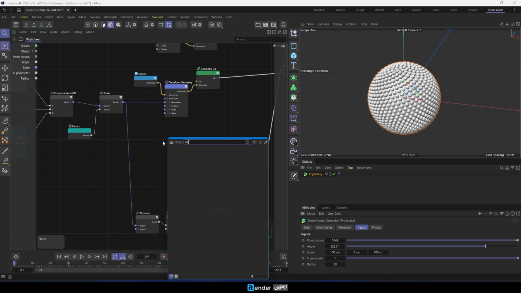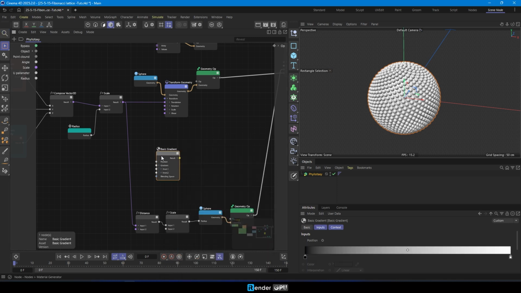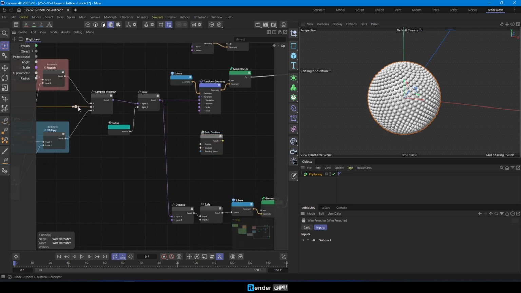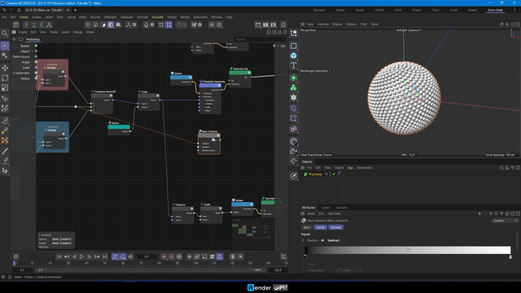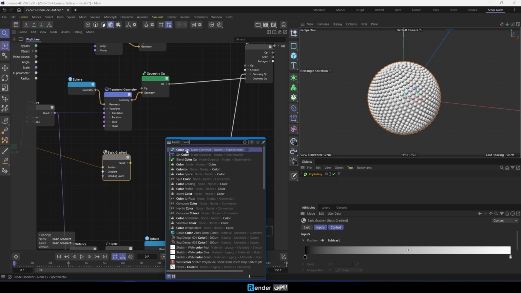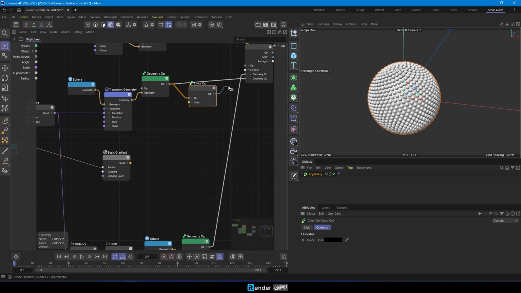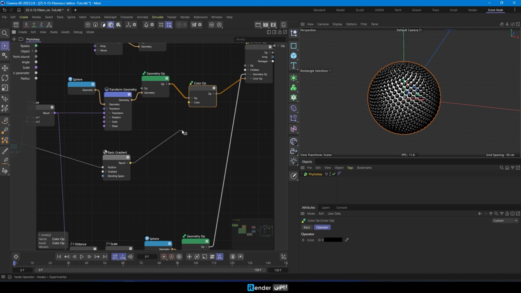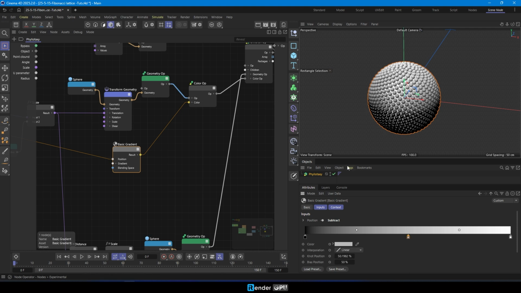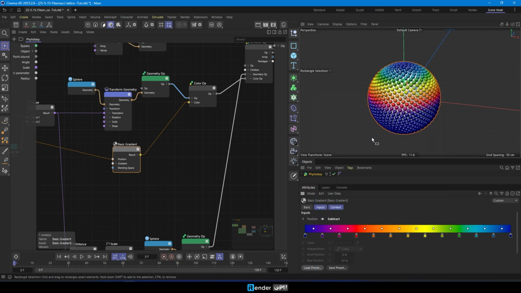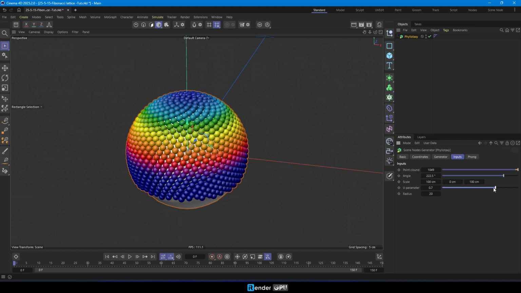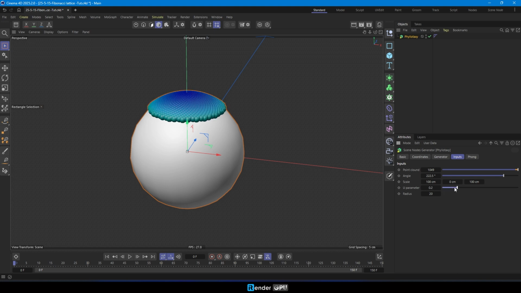We can add color to the seeds by using the basic gradient node with the position port to get the result of the Y parameter. Then pass that into a color operator node to apply color to each seed. Now you can play around with the parameters until everything looks just right.